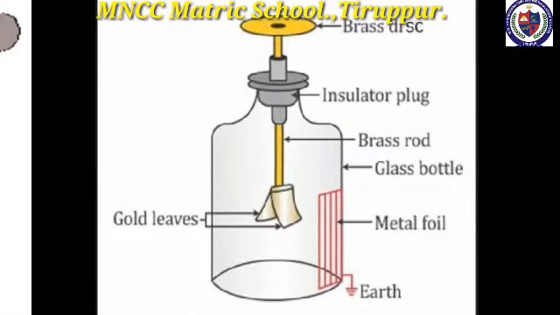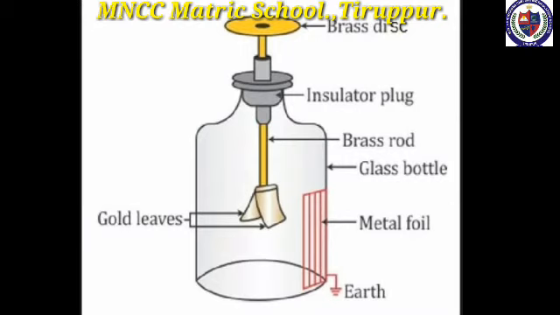Next we move to the electroscope. An electroscope is a scientific instrument used to detect the presence of electric charge on a body. In the year 1600, British physician William Gilbert invented the first electroscope. It is the first electrical instrument. There are two types of electroscope: number 1, pith ball electroscope, and number 2, gold leaf electroscope. An electroscope is made out of conducting materials, generally metal. It works on the principle that like charges repel each other and unlike charges attract each other.